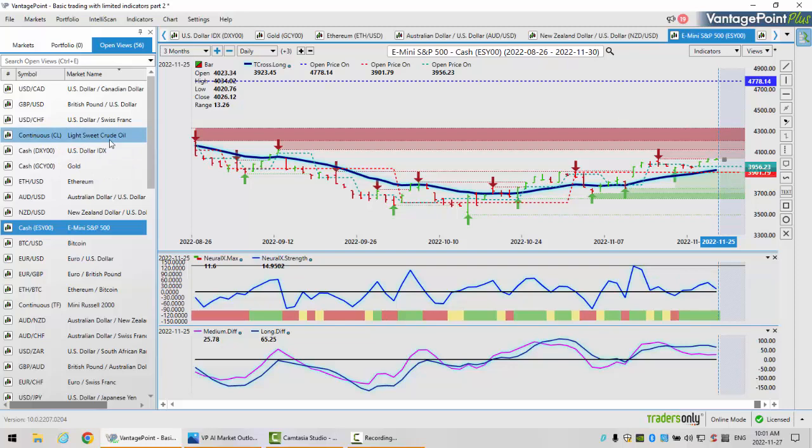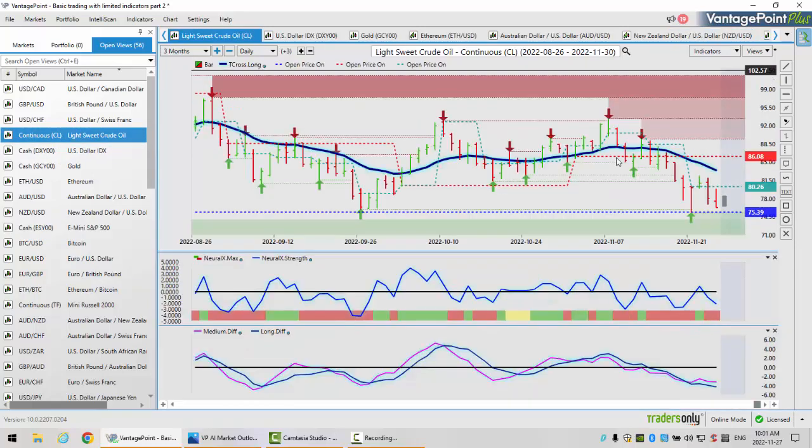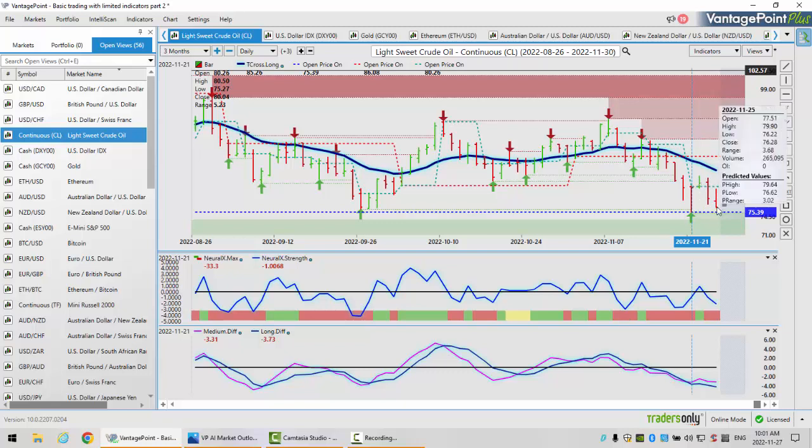Now, when we look at light sweet crude oil, a very, very good short on oil that we discussed in last week's weekly outlook, targeting that. You can see that the market came down on Monday, kissed the yearly opening price at 75.39, and then a very shallow bounce out of there and then back down again. So when we look at oil right now, it's predominantly bearish, but be cautious around 75.39.